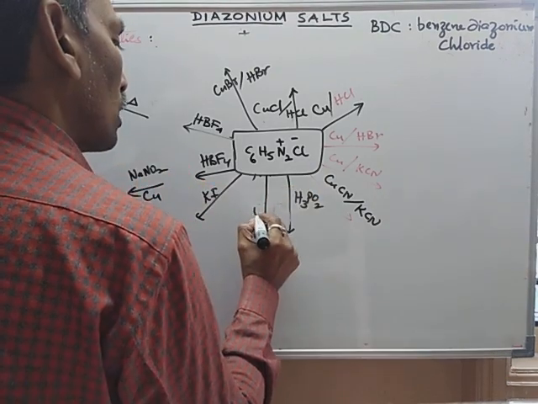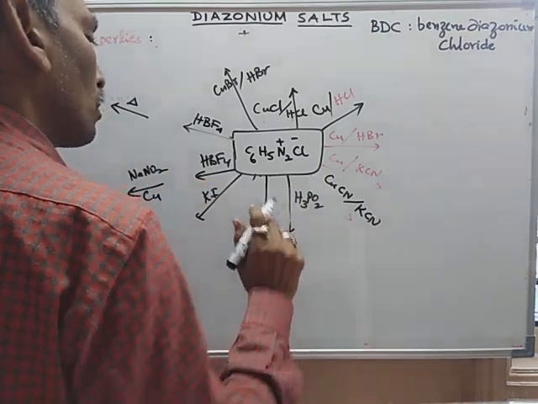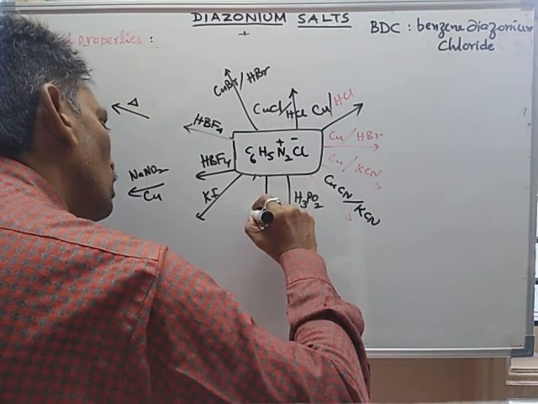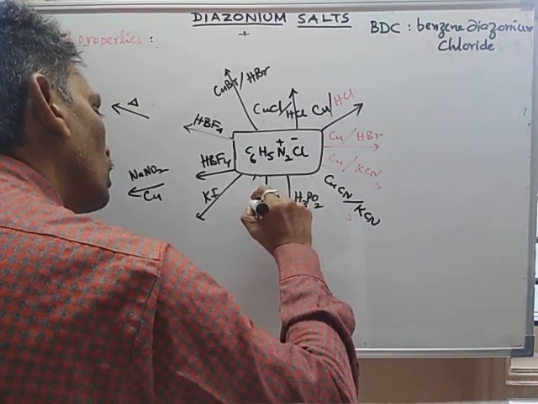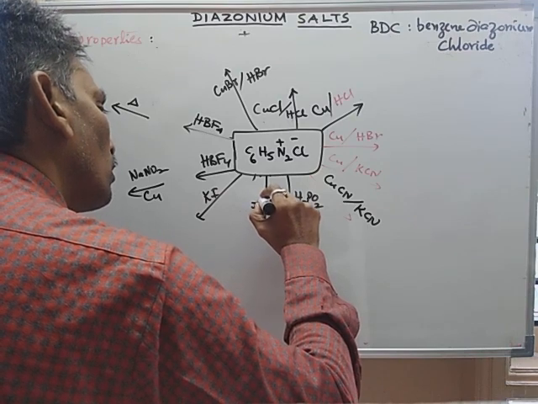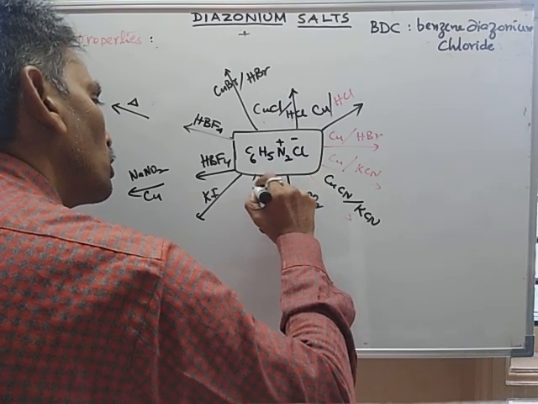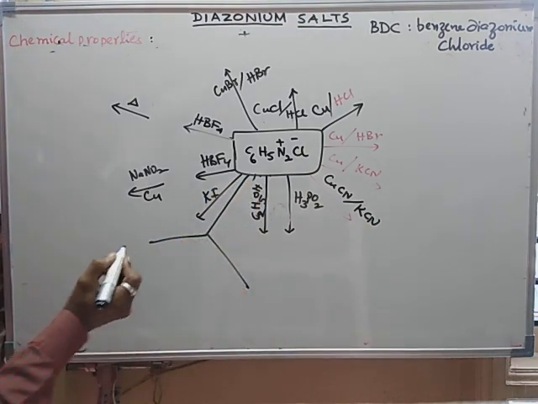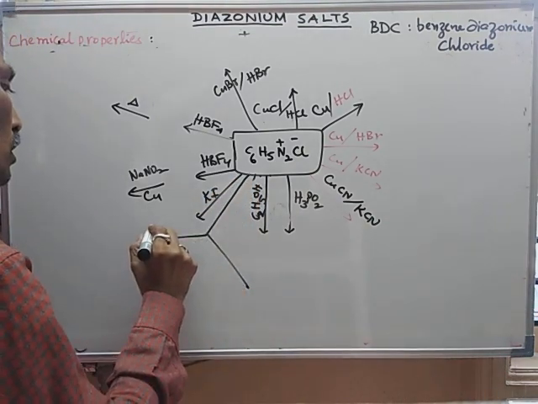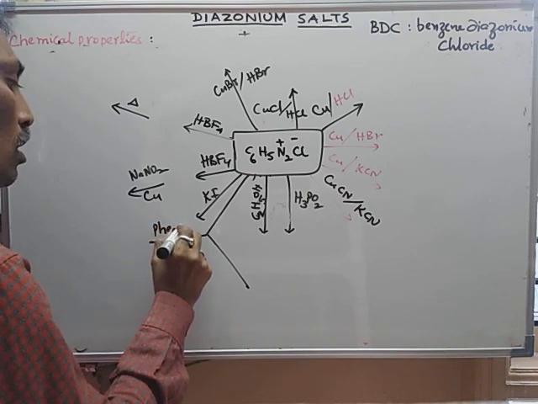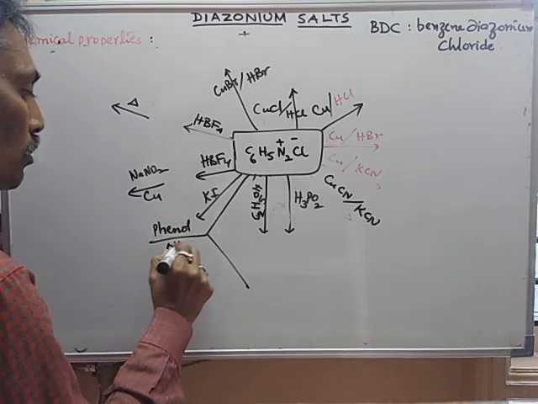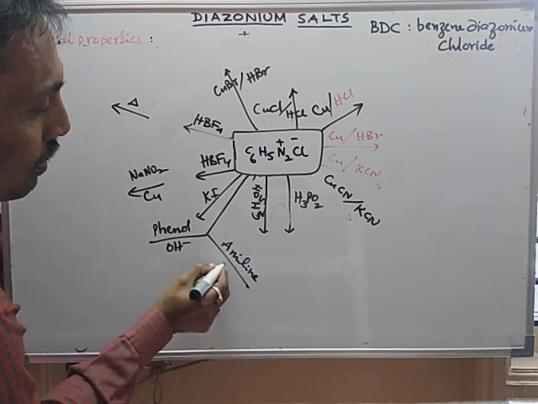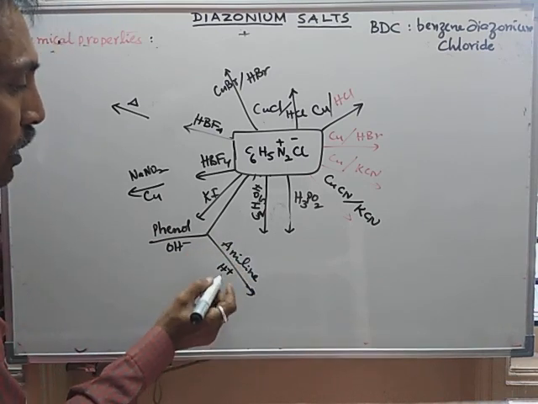Better to write ethyl alcohol, C2H5OH. And then phenol in alkaline medium, aniline in acidic medium. Which medium may be asked,